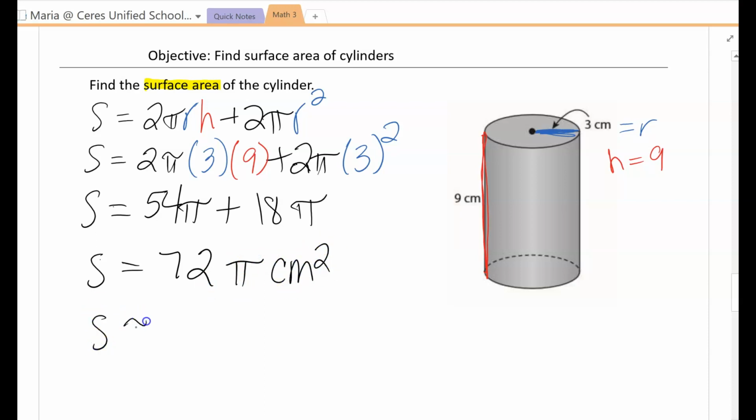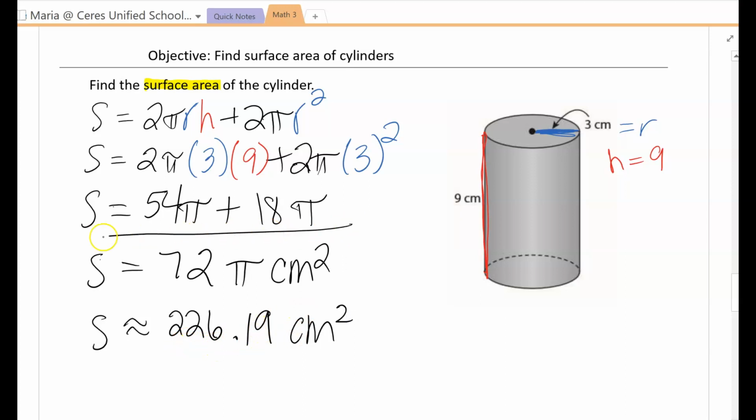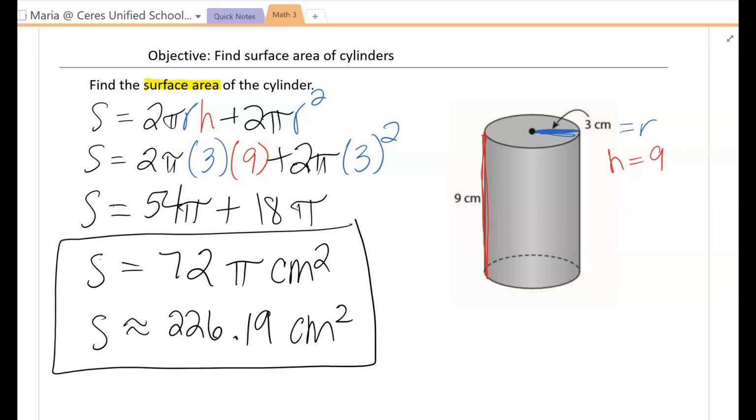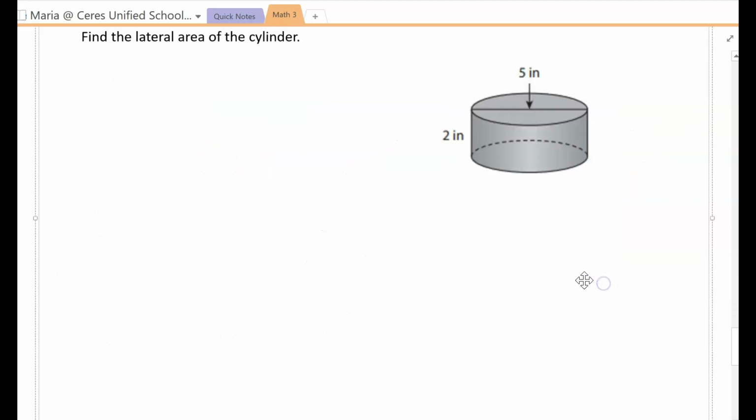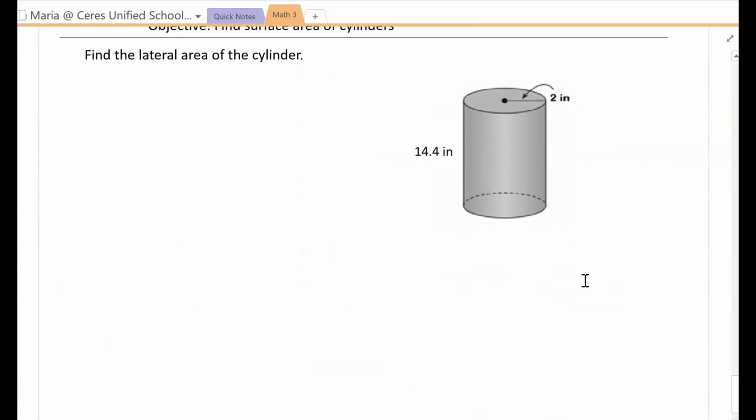And then the approximate answer, just take 72 times pi. That'll give you about 226.19 centimeters squared, or you can say that's 226.2 centimeters squared. Okay, so remember the one with pi, that's the exact answer, and then the one without the pi, that's your approximate solution. Okay, so let's look now at the last few examples, and we're going to go over